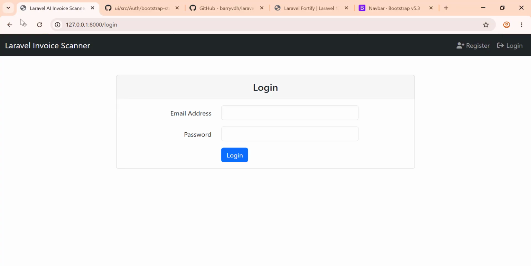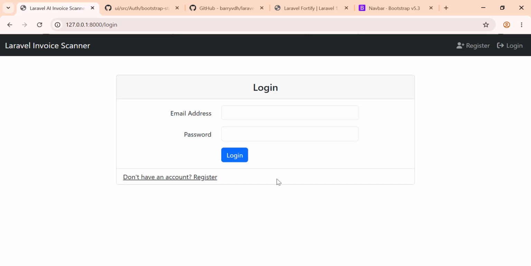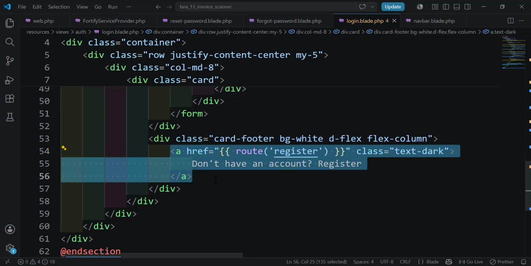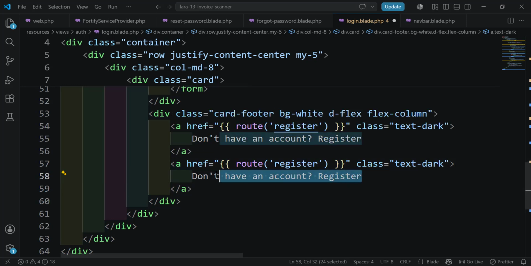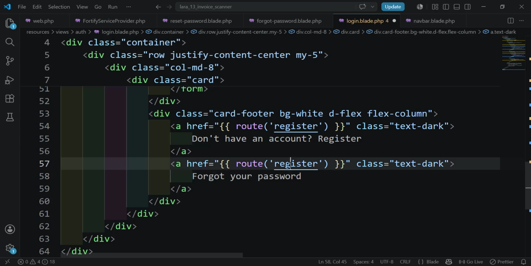Save. Let's go back, refresh. Click on the link, we are directed to the register, and here we are directed to the login. Let's add another one, as I told you, if the user forgot the password. So here, forgot your password, and here we need the route, which is, I think, let's